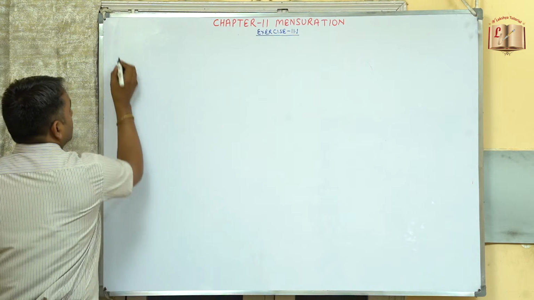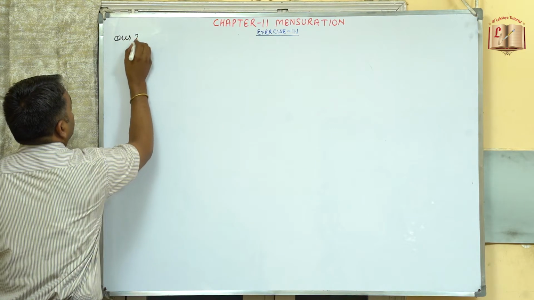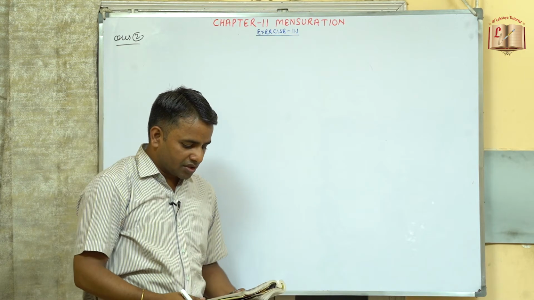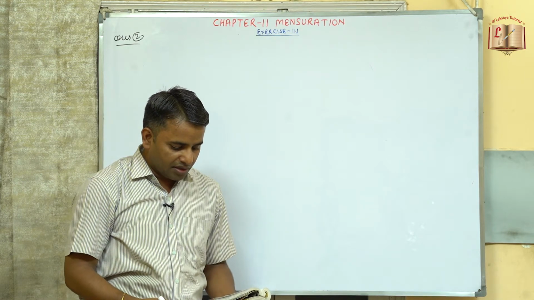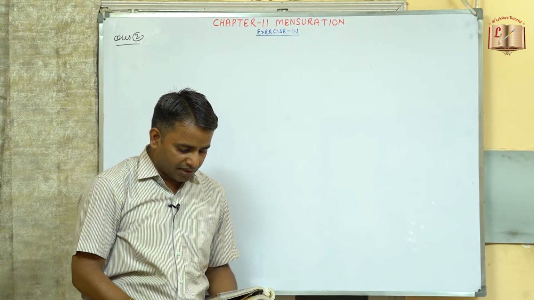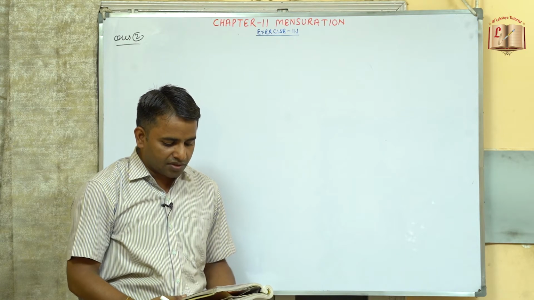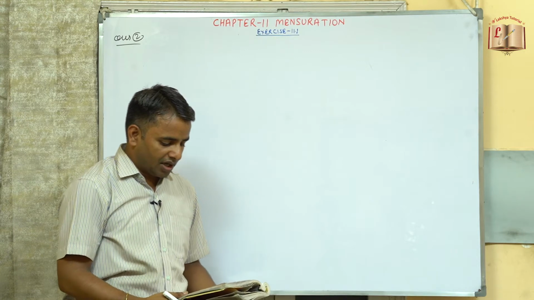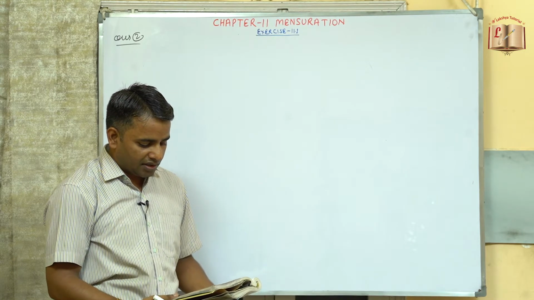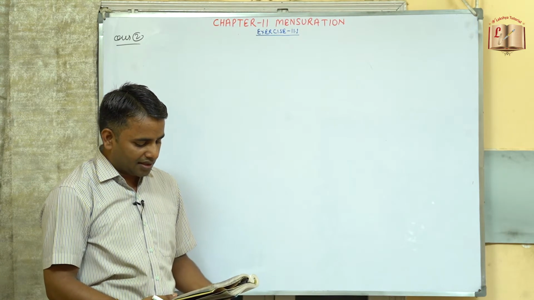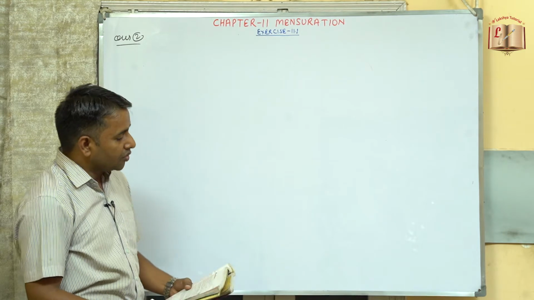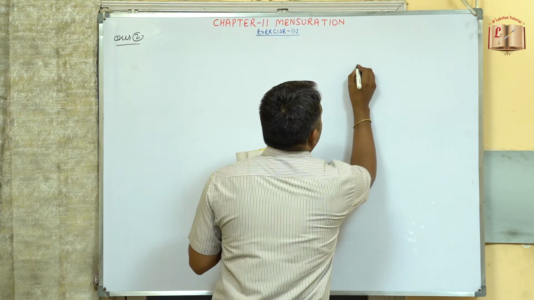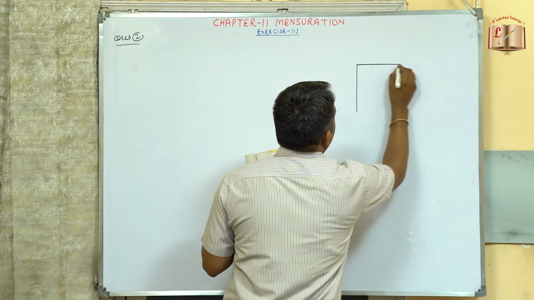So now coming with the question number 2. It is given that Mrs. Kaushik has a square plot with the measurement as shown in the figure. She wants to construct a house in the middle of the plot. A garden is developed around the house. Find the total cost of developing the garden around the house at the rate of rupees 55 per meter square. So this is the figure given to us.